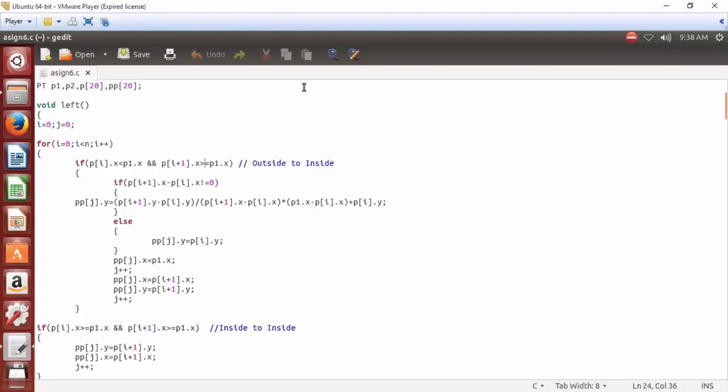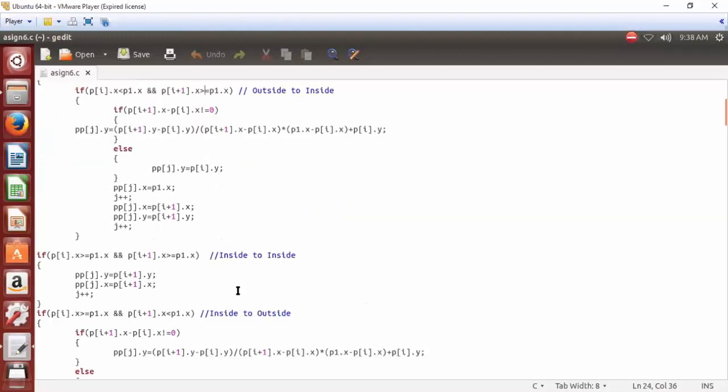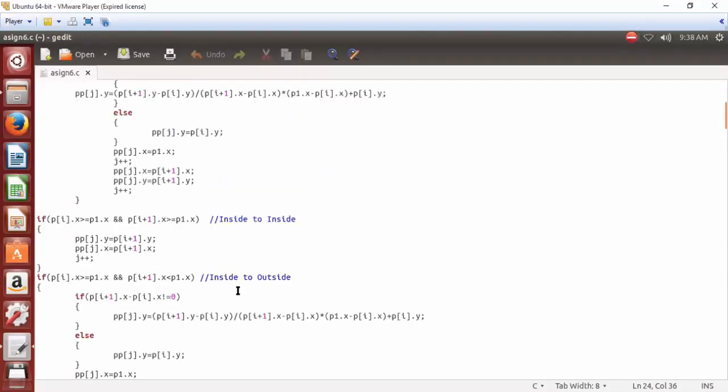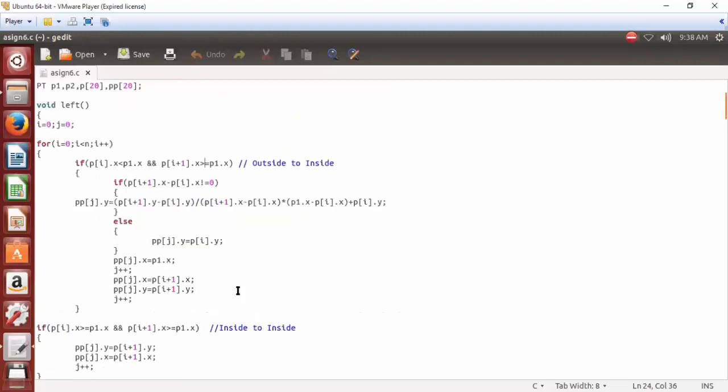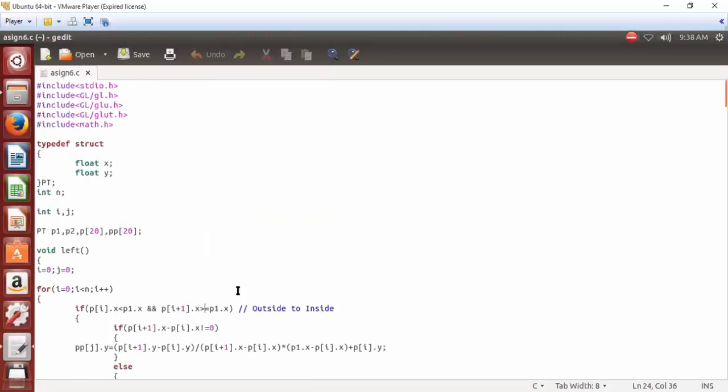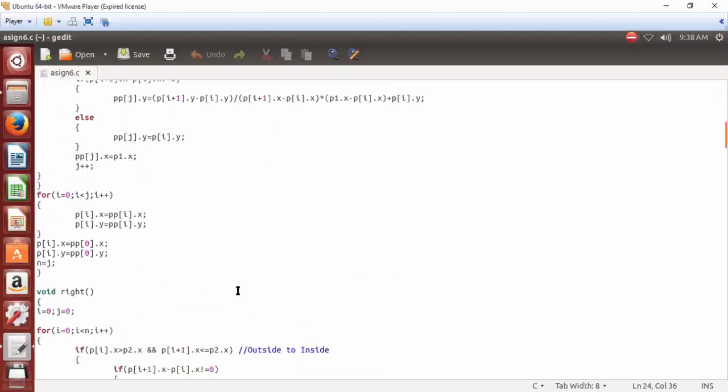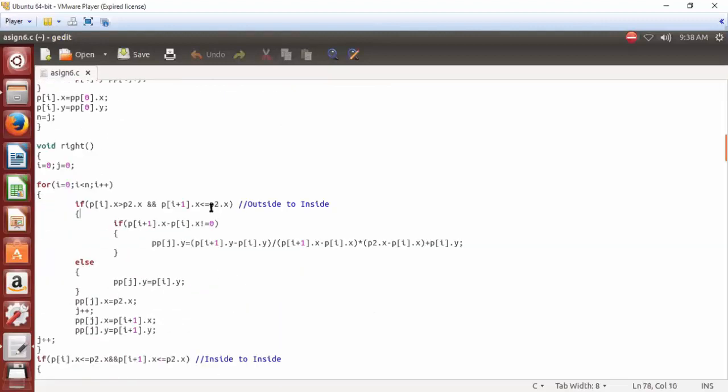For the right clipper, this right side, we have to check with p2's x value. The end point is less than, and the starting point is greater than, so it is the case outside to inside.